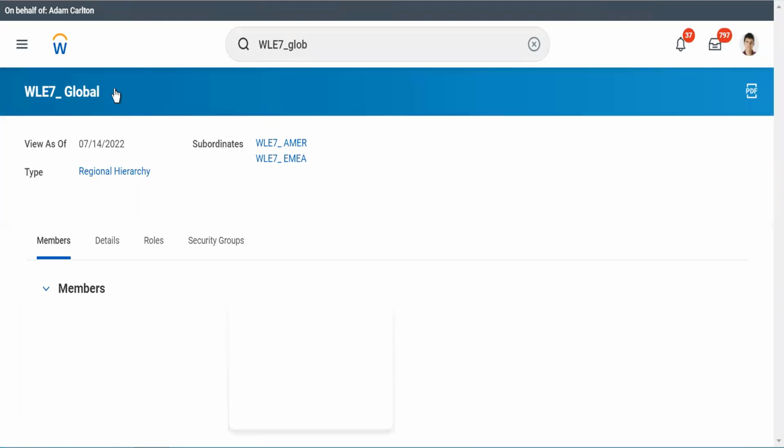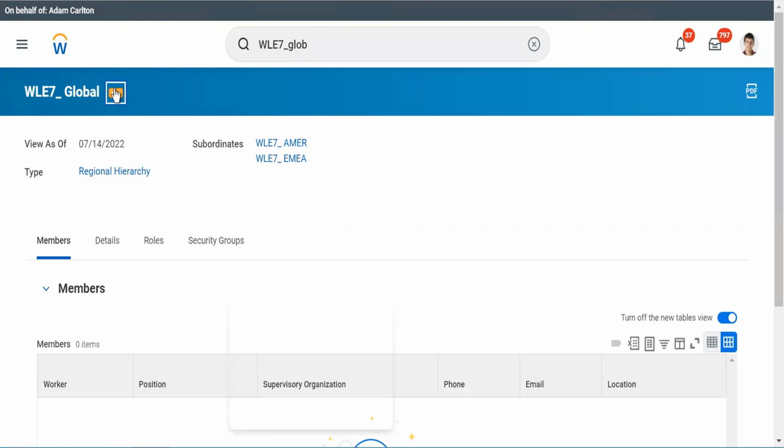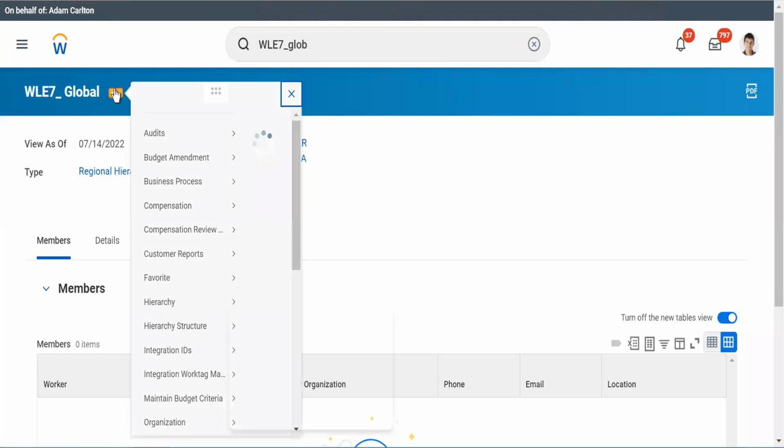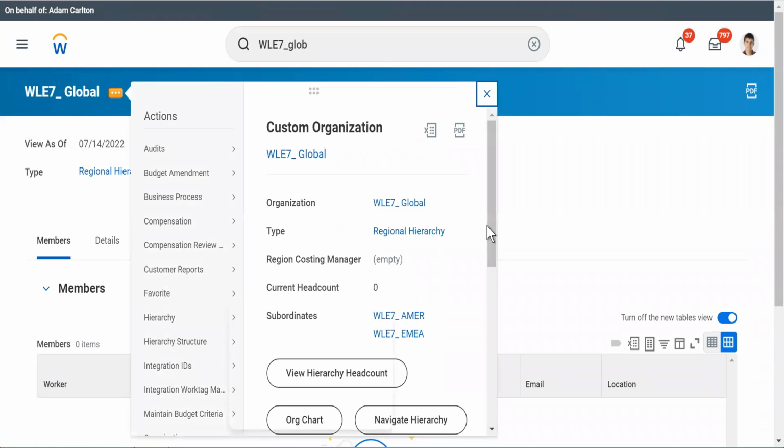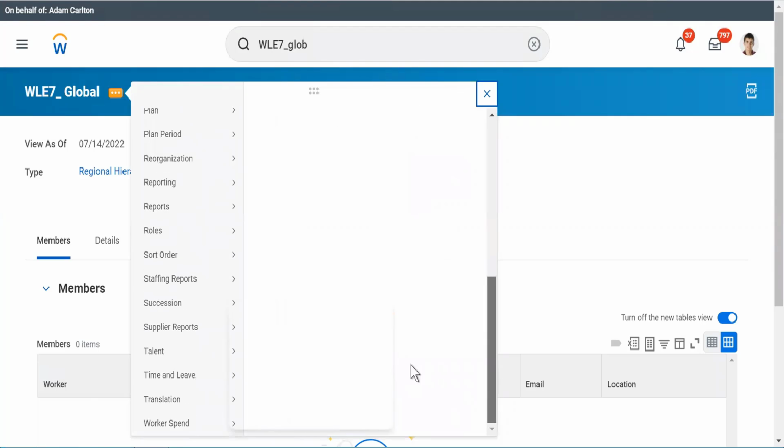I'll go into this section, go to actions, and go to reorganization again. You see this option? It says assign superior. So if I want to assign somebody on top of Global, I can do that.